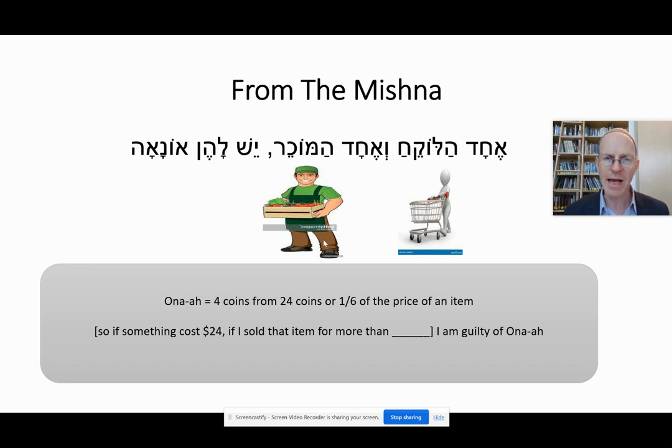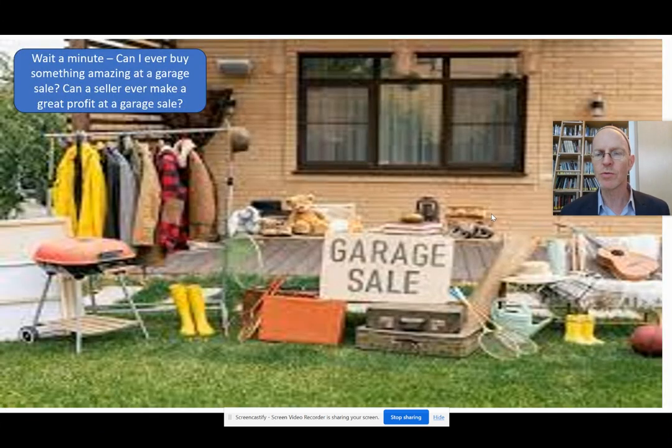Not only can the seller be guilty of ona'ah, but the buyer can also be guilty of ona'ah. So my next question, number 5, is how could a buyer be guilty of ona'ah? A buyer could be guilty of ona'ah by basically going to a garage sale and knowing that the coin